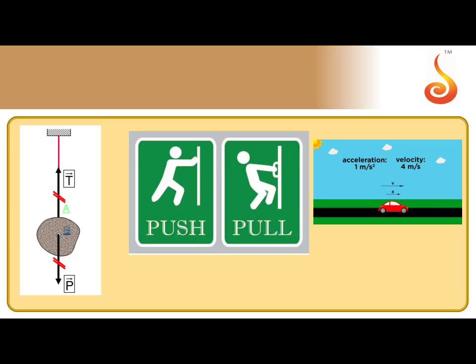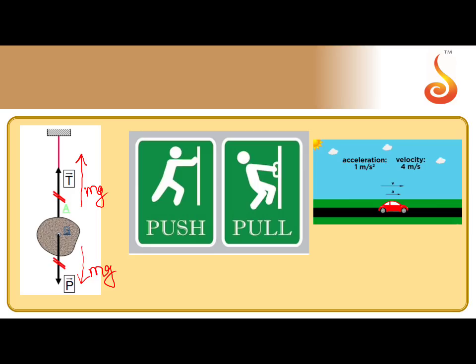On the other hand, I have some pictures here. In the first picture, a body is pulled down by gravity. The force acting on it is m into g. And you understand, this force is not acting to the right, not to the left, it is acting vertically downwards. But the body is not falling down because the string is experiencing a tension and it is applying a force in the opposite direction, equal in magnitude. Now look at these two forces. One is acting down, the other is acting in the upward direction. So to specify this quantity, I need the direction.